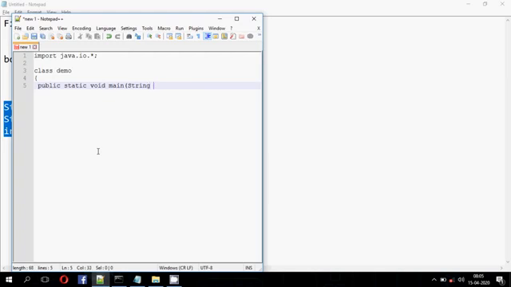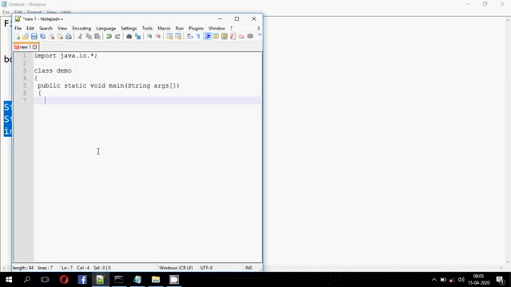In the main method we are giving this parameter String args. Now when IO operations are performed in Java, those IO operations can generate an IOException, and we have to handle this exception inside the program.